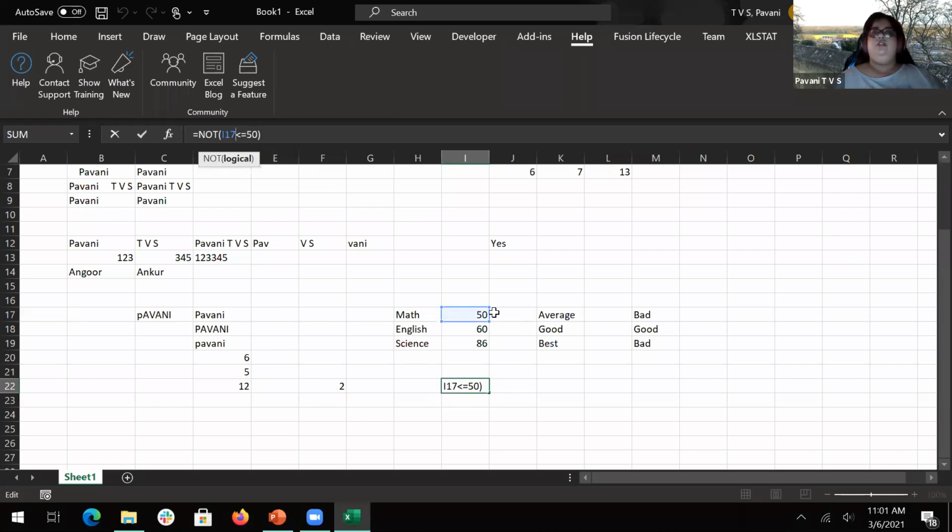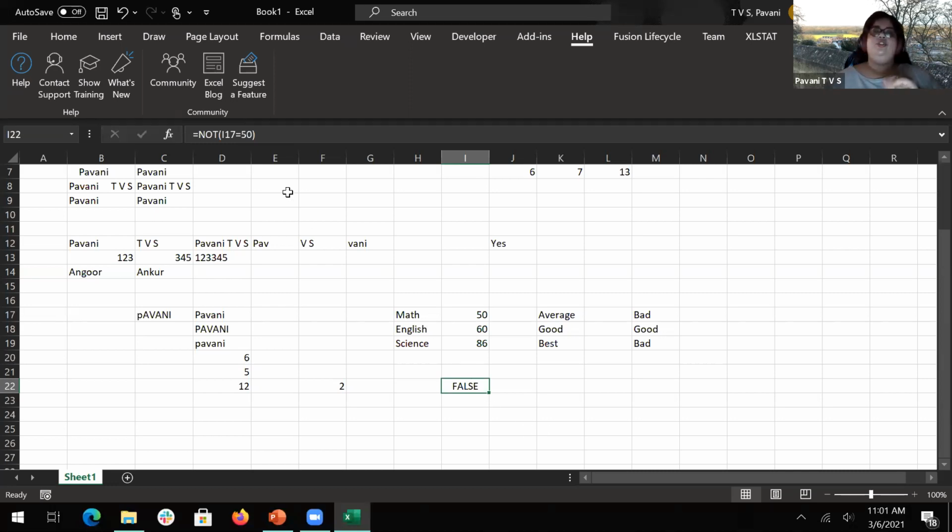70 less than or equal to. Okay, let's just verify this. And the value is not even false. Oh, okay, my bad. Whatever condition you are giving, that will take the reverse of that condition. So it is like saying 70 should not be equal to 50.